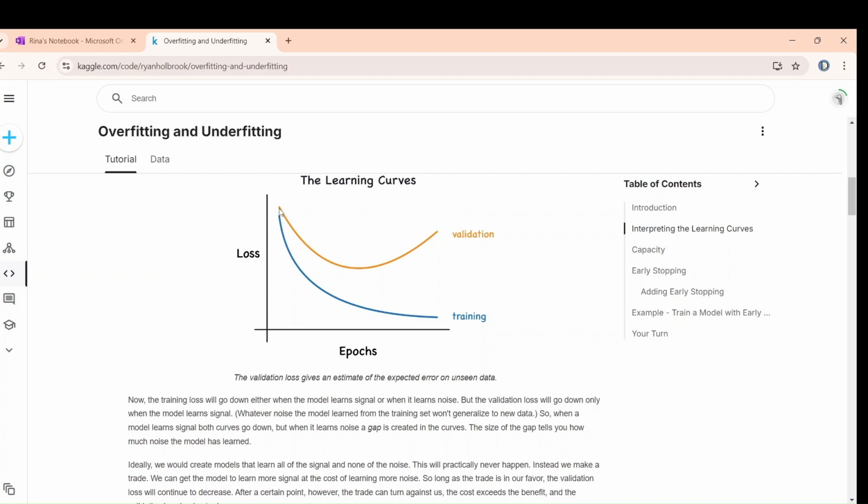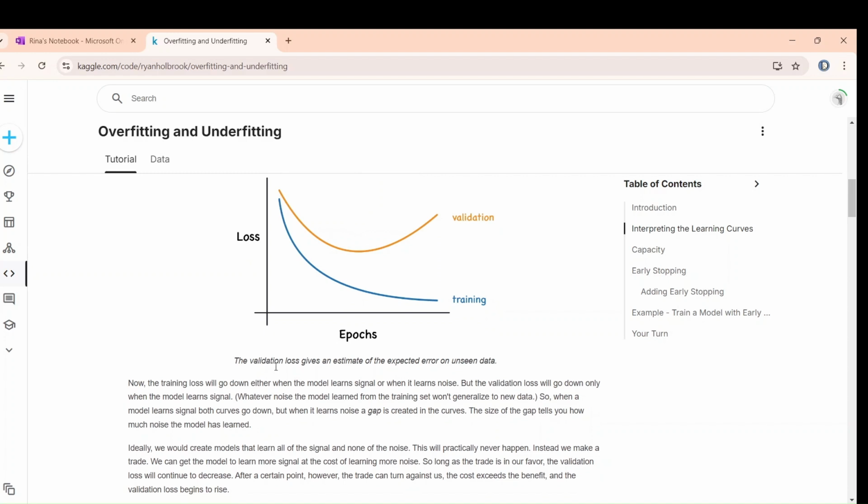But in case of validation, see what is happening. Loss is getting reduced, but after that, it is again getting increased. That means it is not performing right here, because here the loss has reduced to the minimum, but after that loss is again increasing. Okay, so we have to make these things okay so that it gets reduced for training,